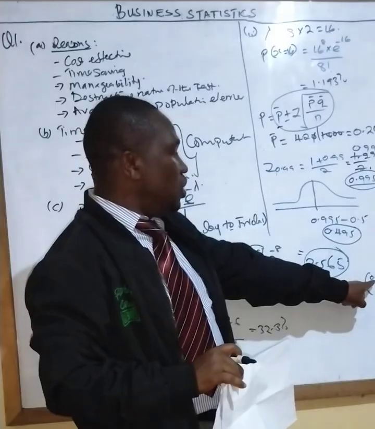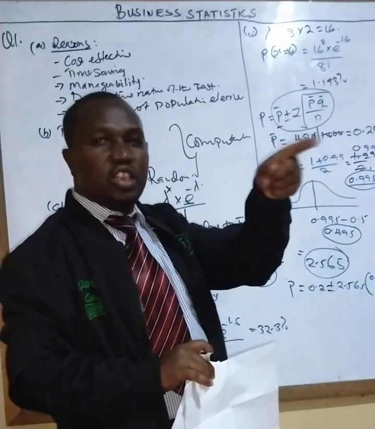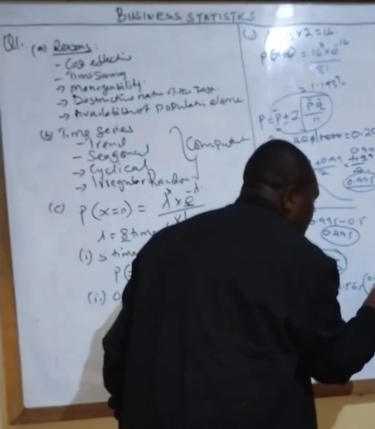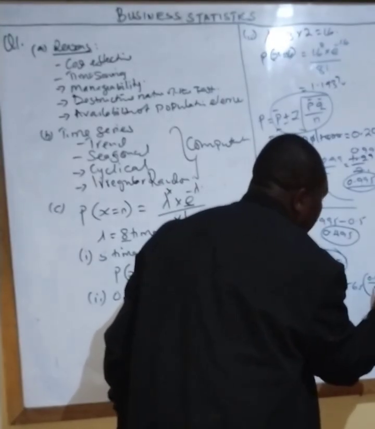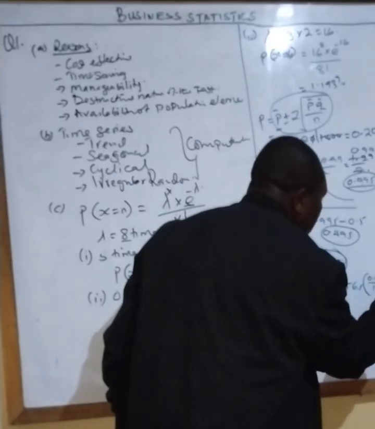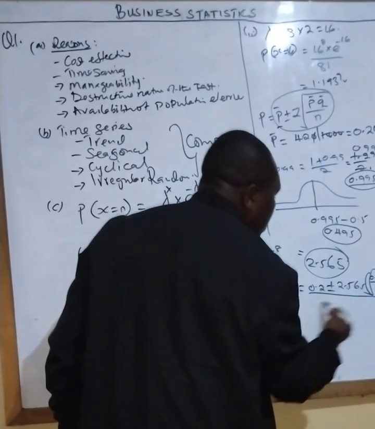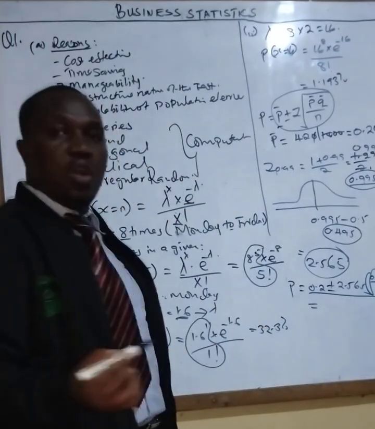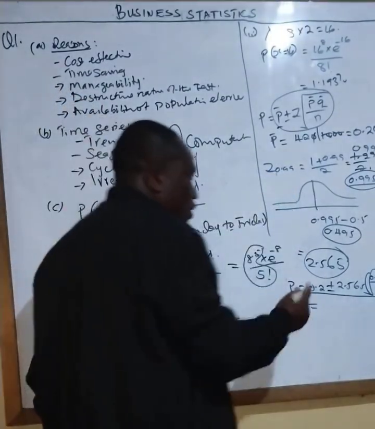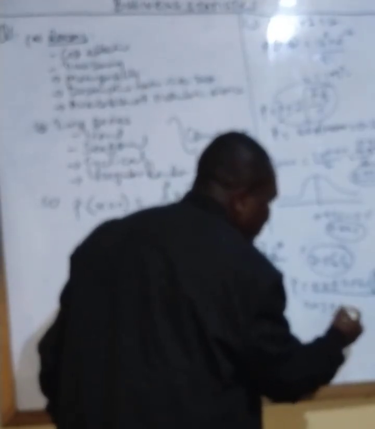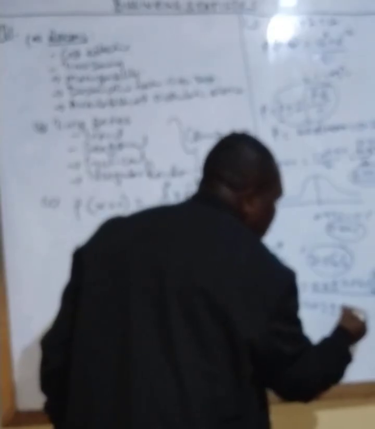In this case, we have already 0.2. So for it to be 1, it is 0.8. So you put here 0.8, divided by N. N is 1400. So square root of this. So now, class, if you work this out carefully, you will be able to find the figure. Assuming it is now 0.6 plus or minus, if I work out this one, it gives me